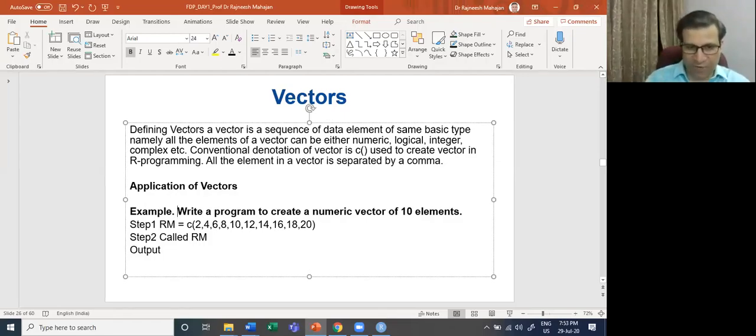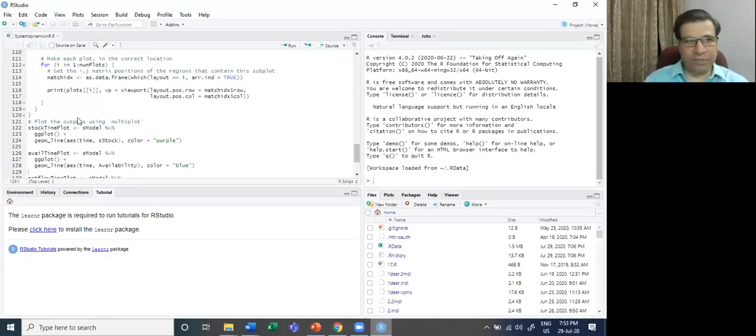I'm just straight away taking the step-by-step analysis. I am copying it and exactly taking it to RStudio. Can we proceed further? Just focus on what I am doing right now. I have already picked up written code of making a vector in RStudio.